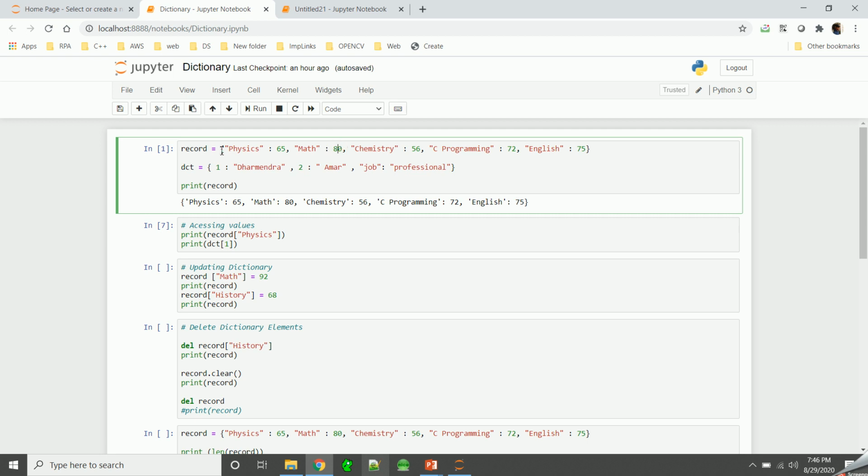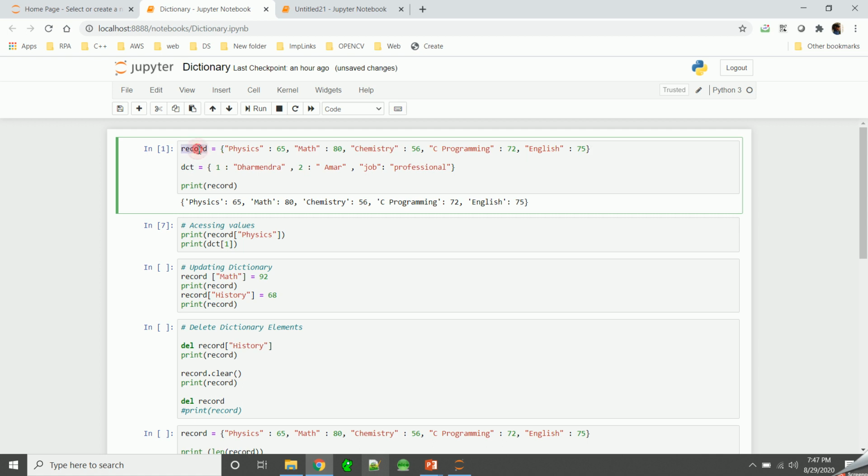Each key and value are separated by colon, and each pair is separated by comma, and it must be placed between open braces and close braces. So curly braces have to be there in case of dictionary.